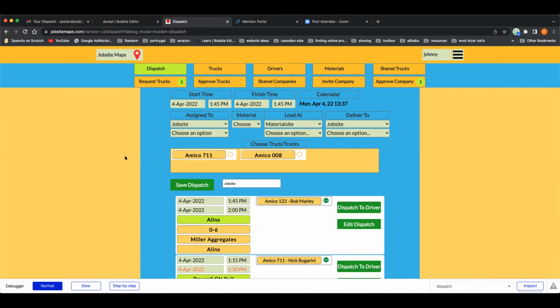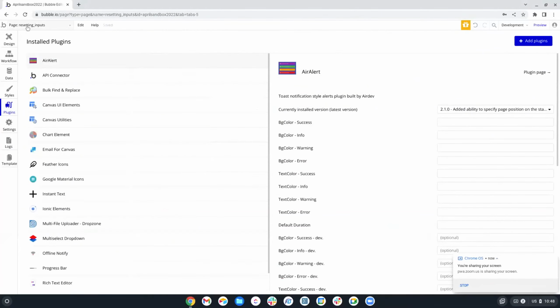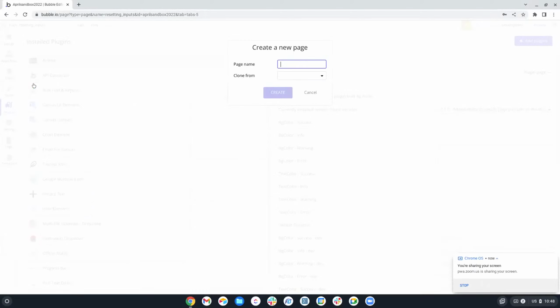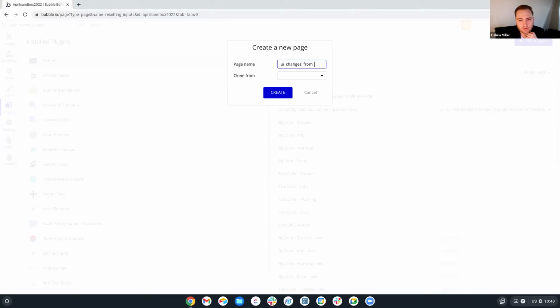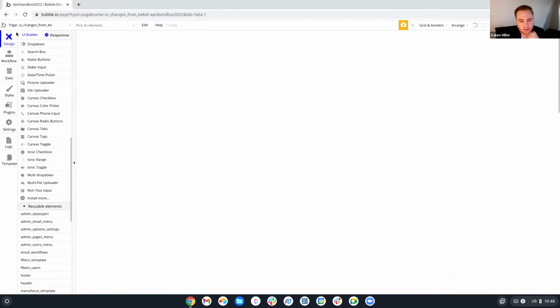Well, let me show you what I'm thinking. If I go to my page here and UI changes, I think it's the same issue that I had with the good morning, good afternoon, good evening thing on the page, where it wouldn't update the time change. The only way we could get it to work was just by running